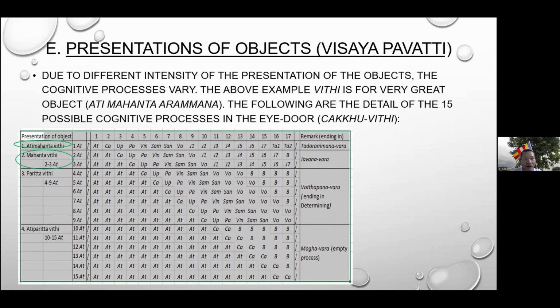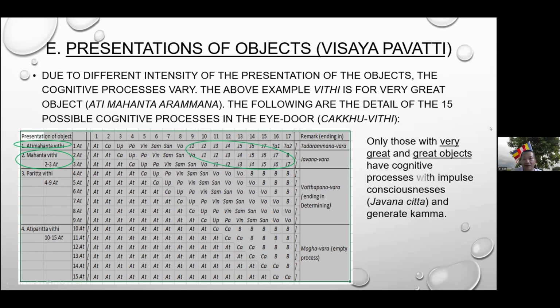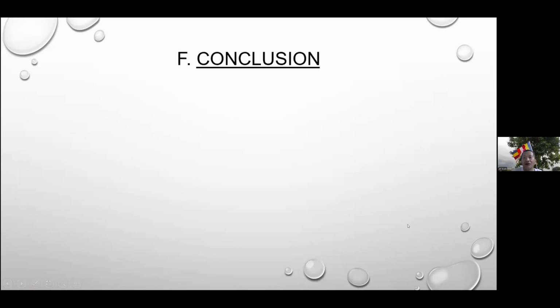So that's what I've elaborated. There is Javana here for the first and second. So only those with very great and great objects have a cognitive process with impulse consciousness. There is a Javana Citta, and therefore they generate karma. The other two don't. So in conclusion,